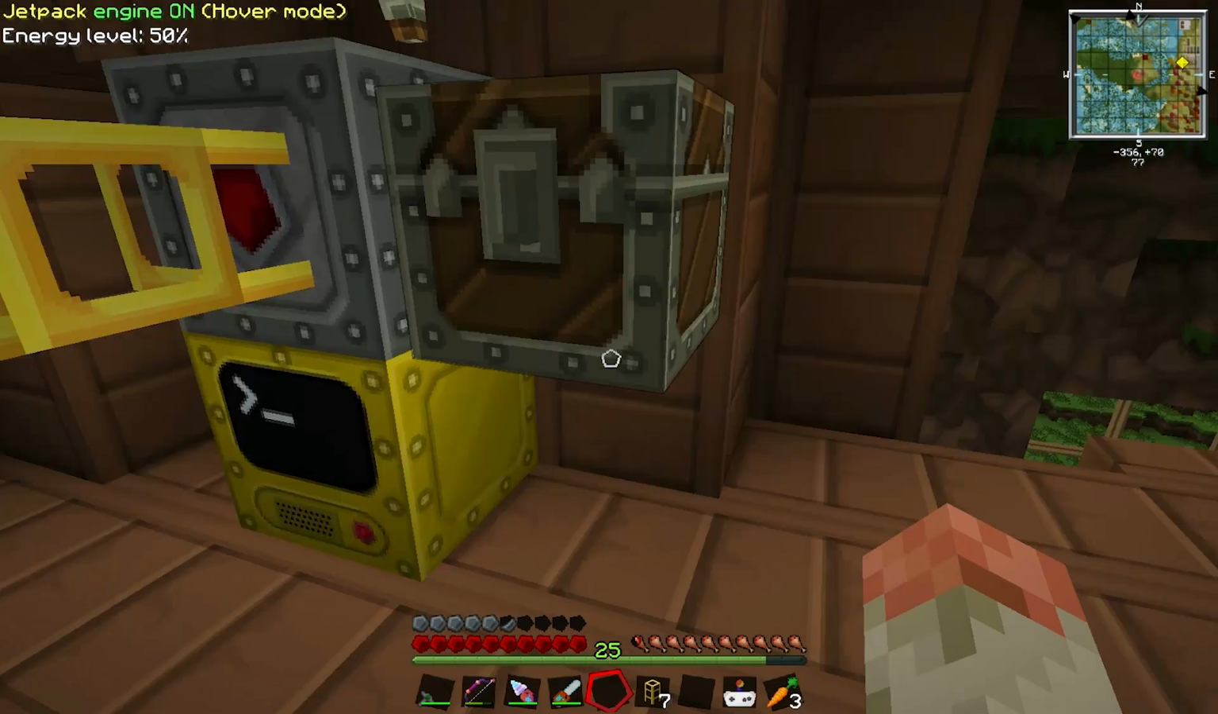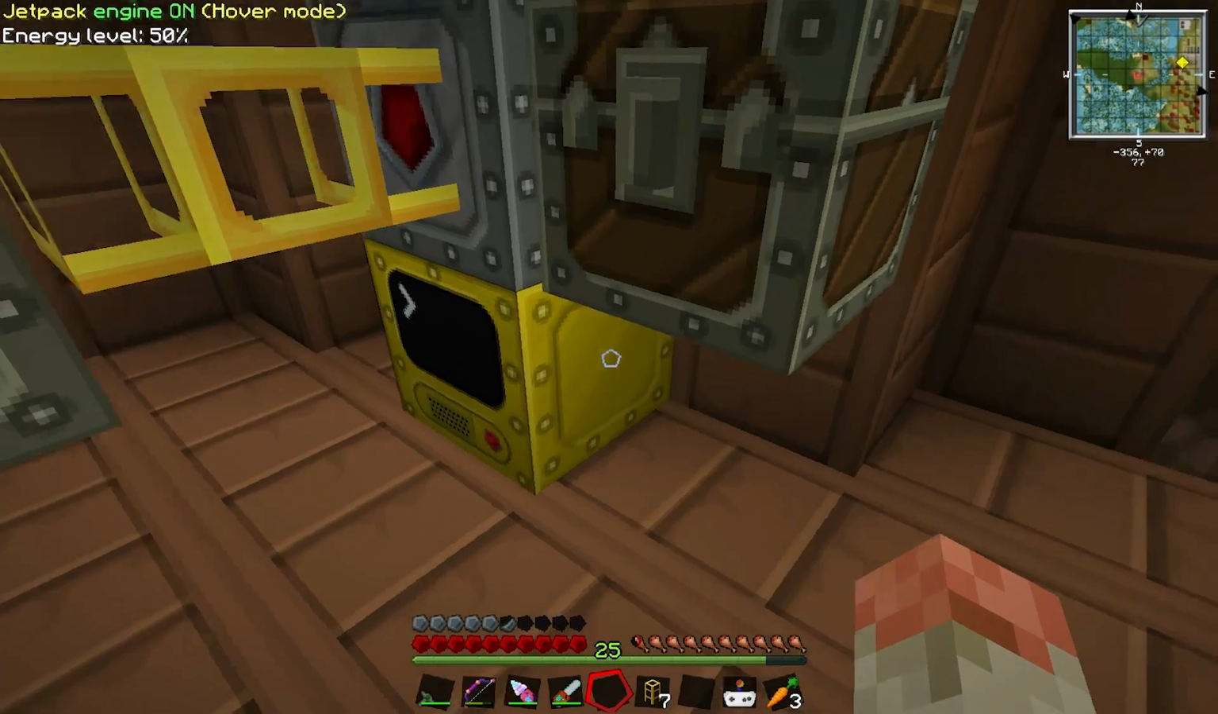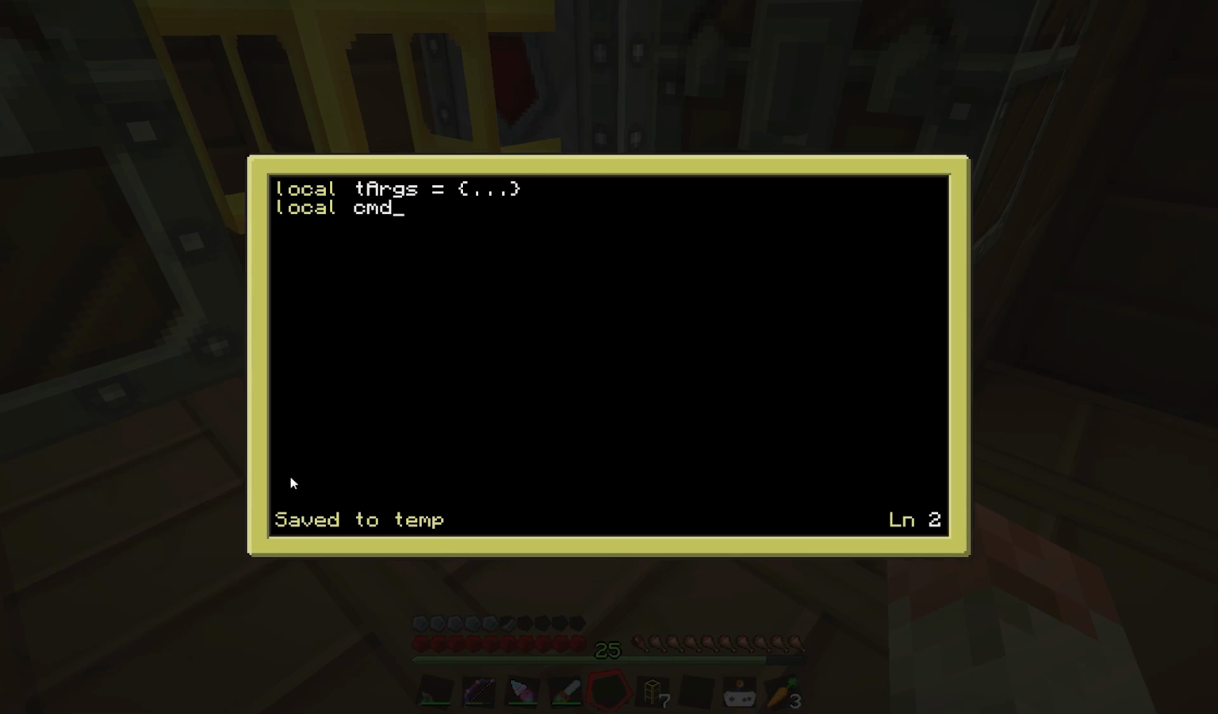For example, did I keep this up? I did. So like command equals toString targs1. So what that's going to do is it's going to store a string command or a string in here, and so you can see if command equals send, then you do stuff. Now, I don't really need to do all this though, since I know what I'm going to send. So we'll just do command set to send,